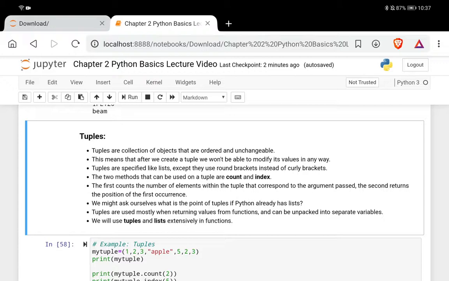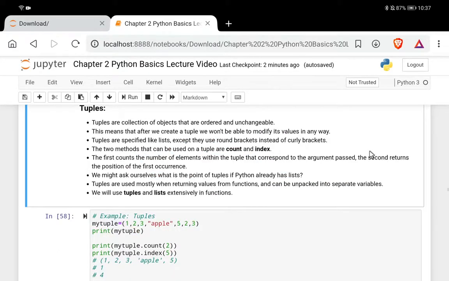So since you can't change it, and it's not like a list, you can order the list, you can sort it out, but tuples cannot be changed. This means that after we create a tuple, we won't be able to modify its values in any way. So these are important for stuff that won't change, for example, probably the multiplication table, or probably the catalog which has been derived from the Eurocode, perhaps, right? So these things do not change with time, and therefore it's safe for you to save them in terms